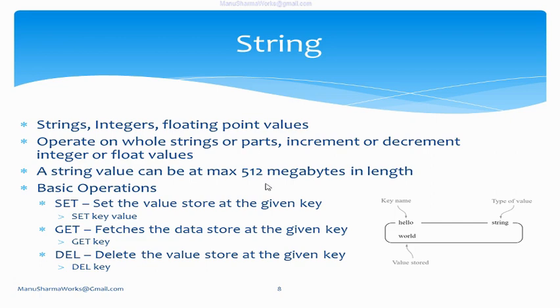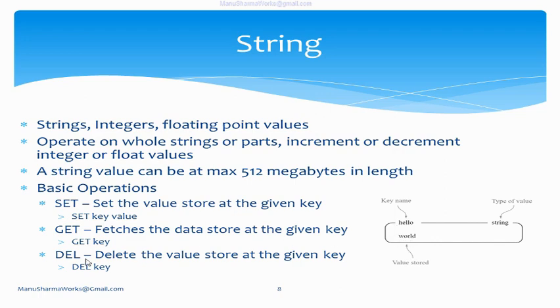And these are the basic operations. Set writes the value to the key. If you look at this, it is a string type, and it has key hello, and the value saved is world. So the set command we can use as set, key is hello, and then value is world. And if you want to fetch the information from the string, we can use a get command and the key. So if we pass get hello, it will return